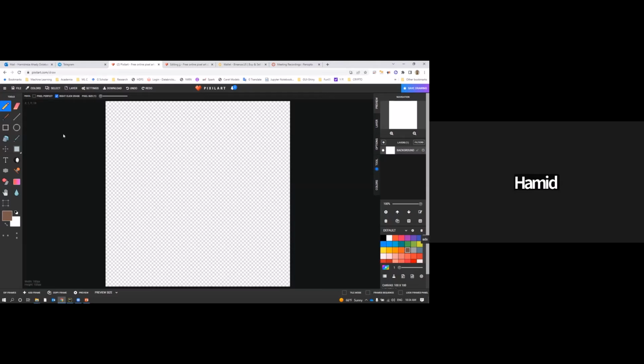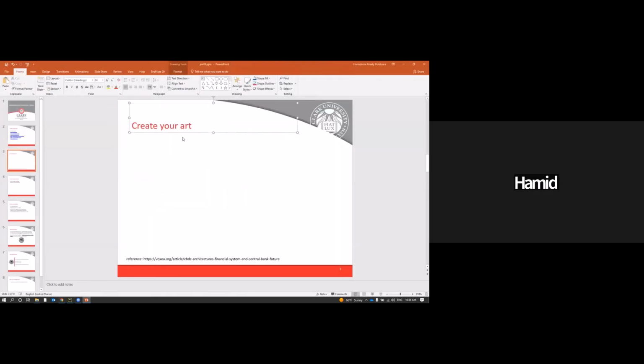So let me just show you PowerPoint. Let's say you have 10 different eyes, 10 different types of ears, maybe 10 different types of hairstyle. Even with three features, you have 1,000 options of different faces. You can create all of them, but we just want to randomly pick some art and just select them